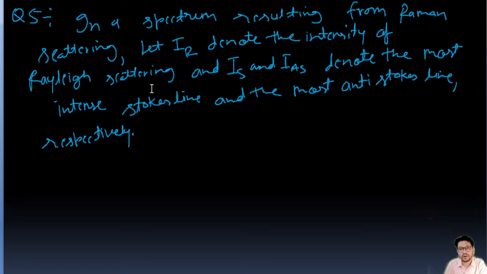The correct order of these intensities is